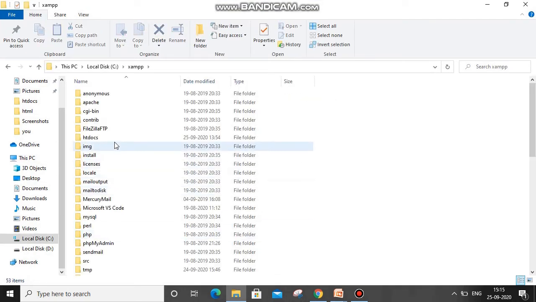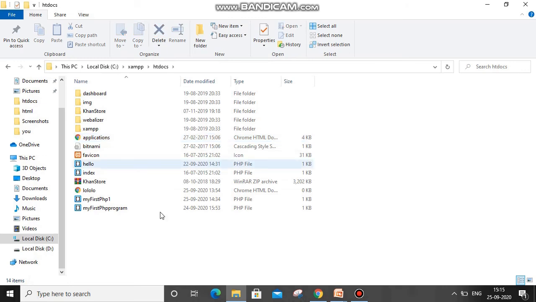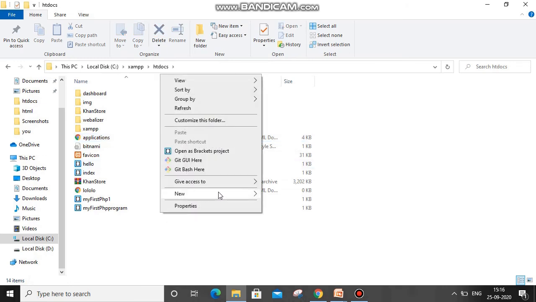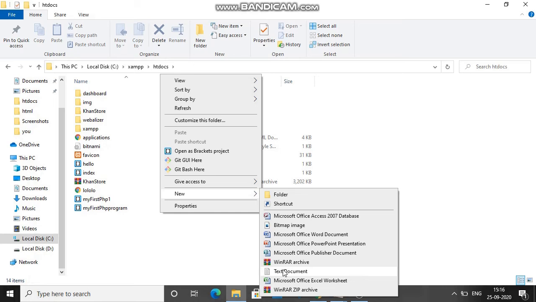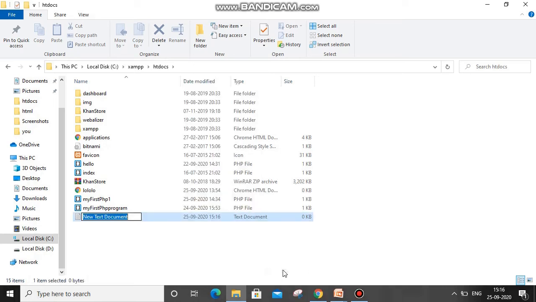We have to find htdocs and create one file. I will create a text file first and write it as variables.php, so that it will be easy to recall after a long time.